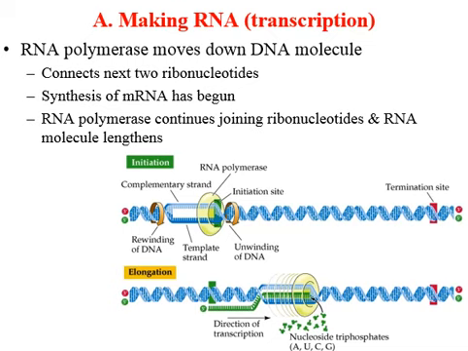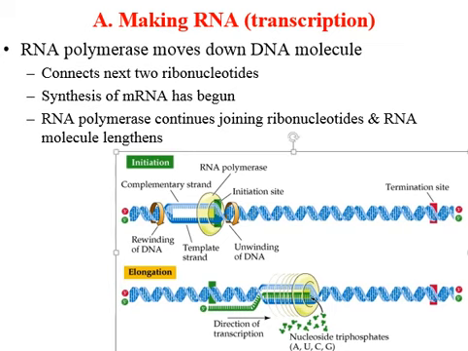So here come these little ribonucleotides. These little T-shaped things have a sugar and a phosphate and a base. The base is either an A, or it could be a U, or it could be a C, or it could be a G. But these bases come in and they pair up with these exposed DNA bases very specifically. And so you've got this messenger RNA molecule that's being synthesized all along here. These little ribonucleotides are coming in one at a time and being joined together to form a chain of ribonucleotides. And this enzyme is going to move along the DNA molecule